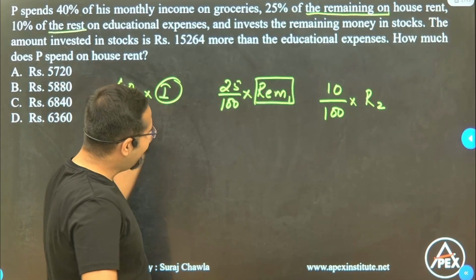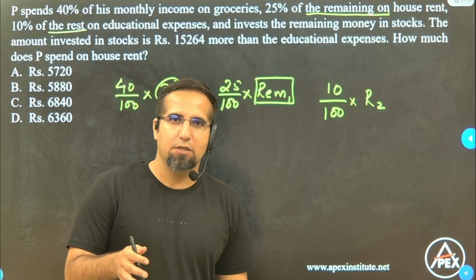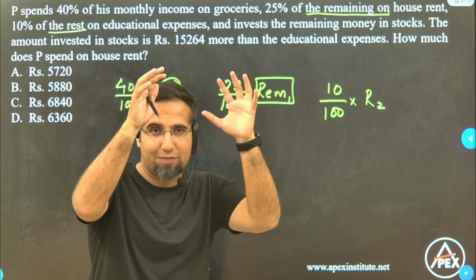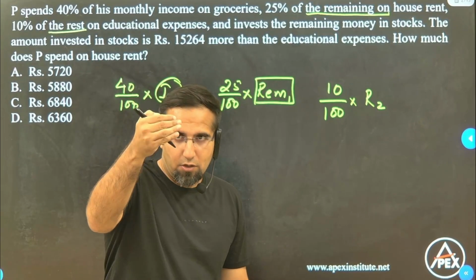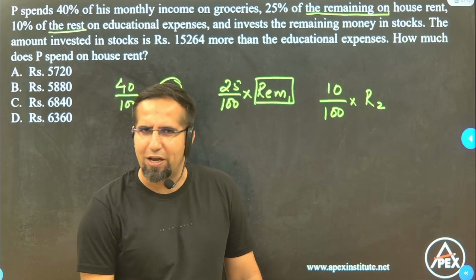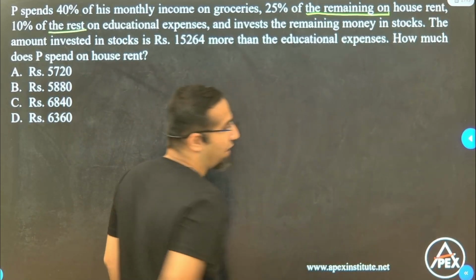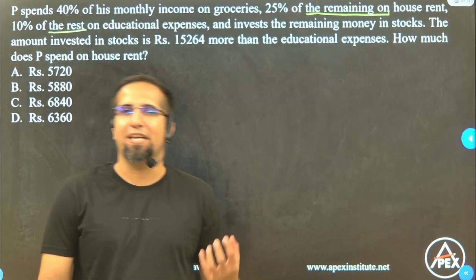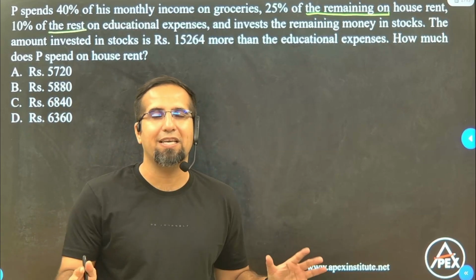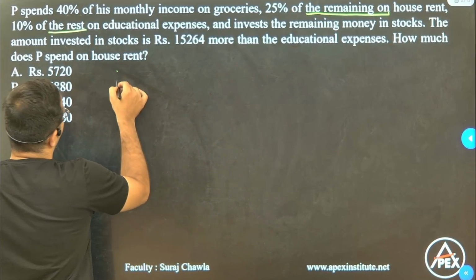Now, whenever the base values are changing, the best way to attack these questions is to assume the initial base value as 100x. The base value keeps on changing. We keep on calculating our percentages and we get our values. Right? That's a standard approach, guys. Always try to assume the base value as 100x. Whenever the base value changes, it will make sure you get the answer in the easiest possible manner. Right? So let's start with the concept called